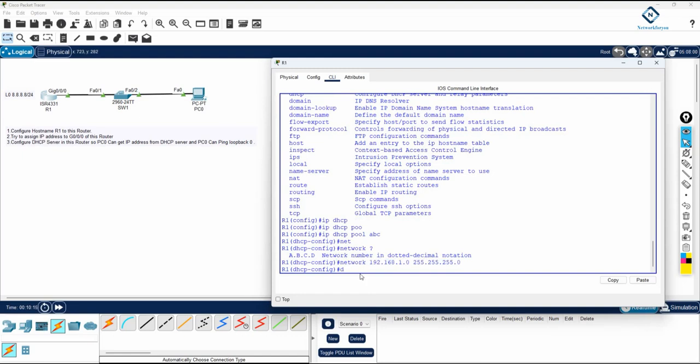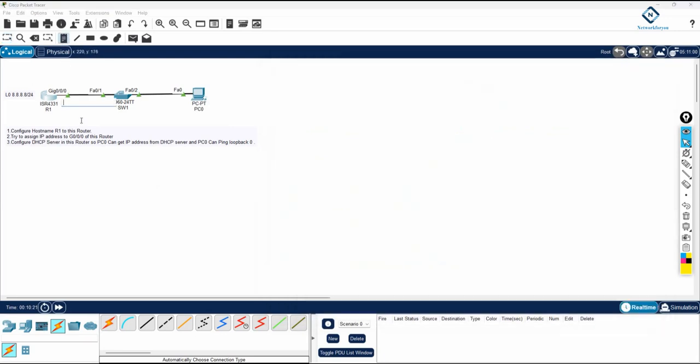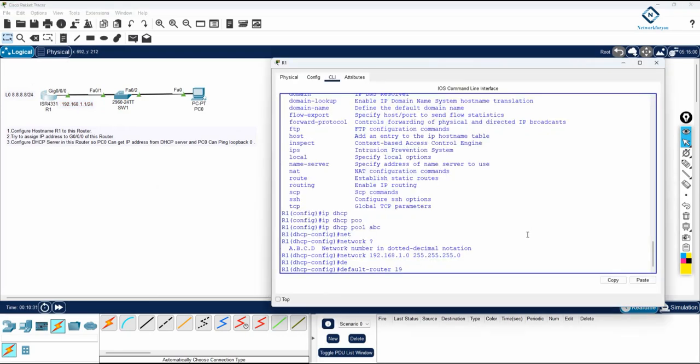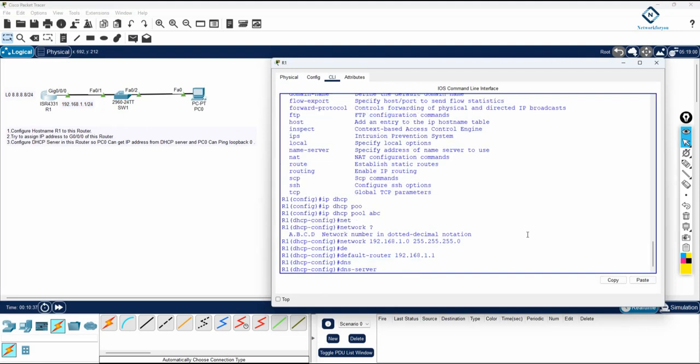And you need to define the default router, that is the gateway. The gateway will be the router interface IP. This IP we configured, 192.168.1.1. So this IP we will give as the default gateway, so all these machines will get that IP. So I will write here 192.168.1.1 and press enter. If you want to do the DNS also,